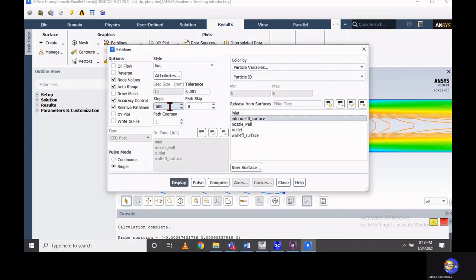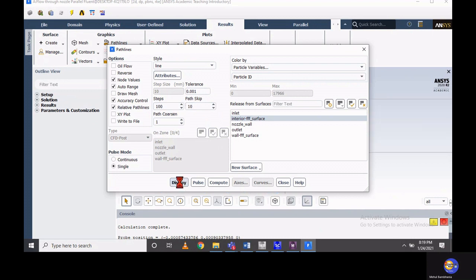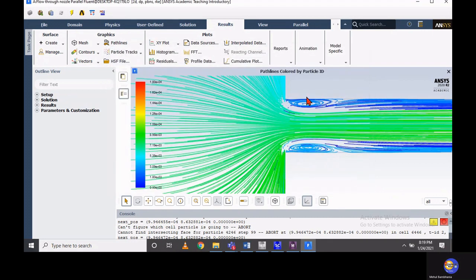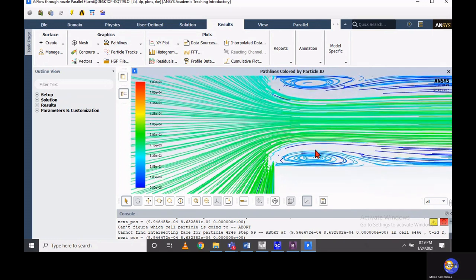After that, we can also check the path lines. For this case, in the nozzle, let's look into the path line options, go through the path lines and set the step and skip. It is obvious that when fluid enters this nozzle, a recirculation will be created.